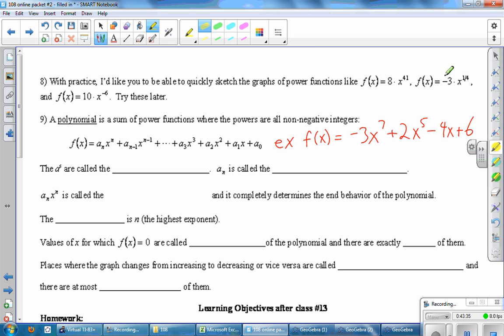And I just want to highlight that polynomial functions have very restricted rules for what those powers are allowed to be. It's got to be non-negative integers. So it's okay to have a power of 7 or 5 or the invisible 1. It's even okay to have a number at the end because that's like 6 times x to the 0. What is not okay